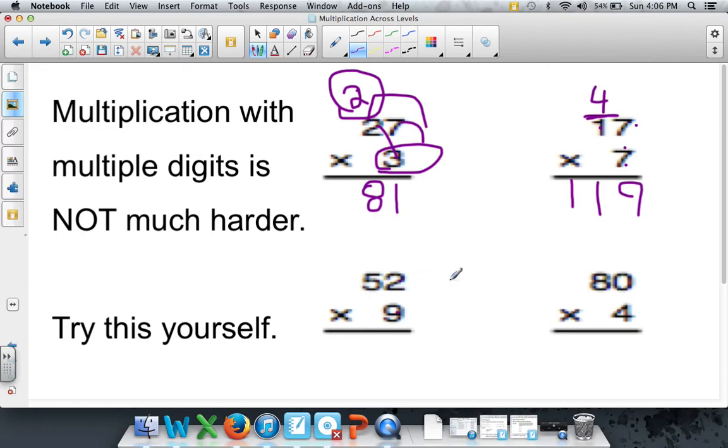9 times 2 is 18. Carry the 1 over from 18, and you get 9 times 5 is 45, plus 1, 46. Now we do 4 times 0 over here, and we get 0. No carrying over this time. This is an easier one. And then 4 times 8, which is